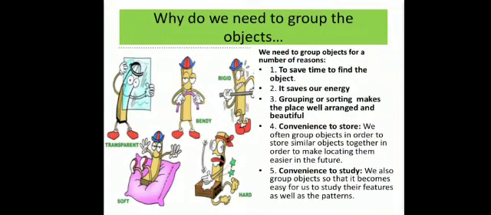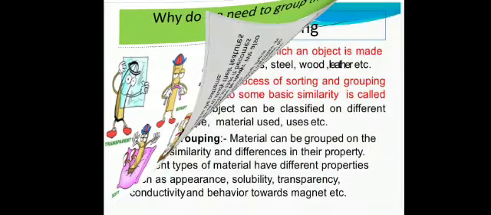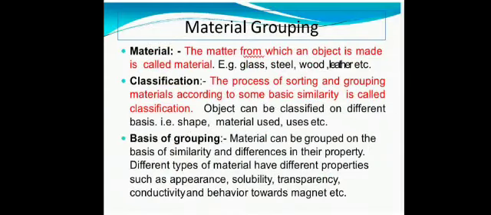Now, the objects having different properties are placed in different groups. For example, all types of soaps have similar characteristics, so all types of soaps are placed in one group. Similarly, all types of biscuits have similar characteristics, so all types of biscuits have also been placed together in one group. But the characteristics of soap are different from those of biscuit. Therefore, soap and biscuit have been placed in different groups.